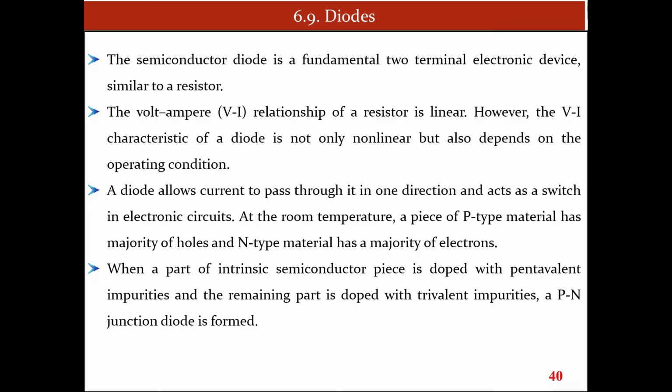At room temperature, a piece of p-type material has majority holes, and n-type material has majority charge carriers that are electrons. A part of an intrinsic semiconductor piece is doped with pentavalent impurities, and the remaining part is doped with trivalent impurities. That is the fabrication method of diodes. We take one intrinsic semiconductor, and on one side we dope a pentavalent element, on the other side we dope a trivalent element. With that, it is possible to build